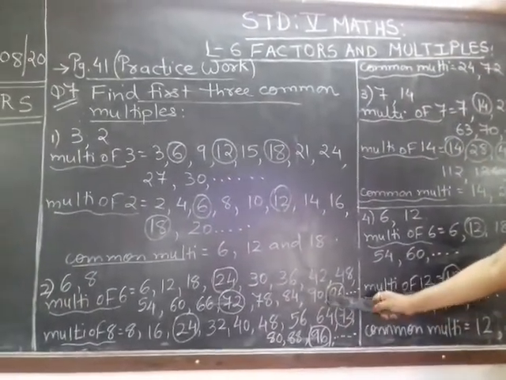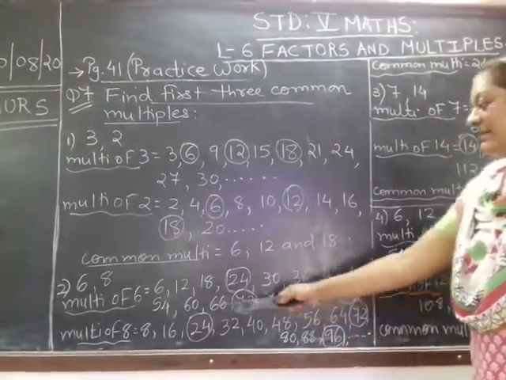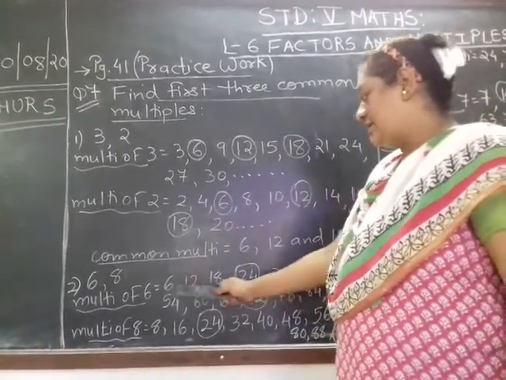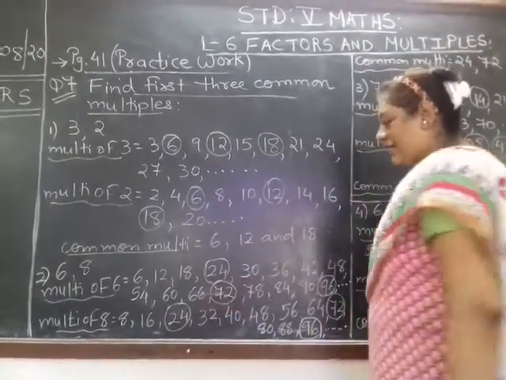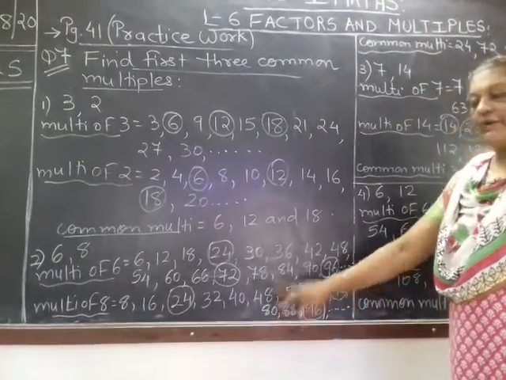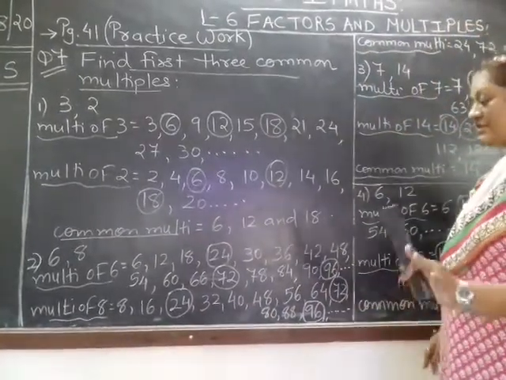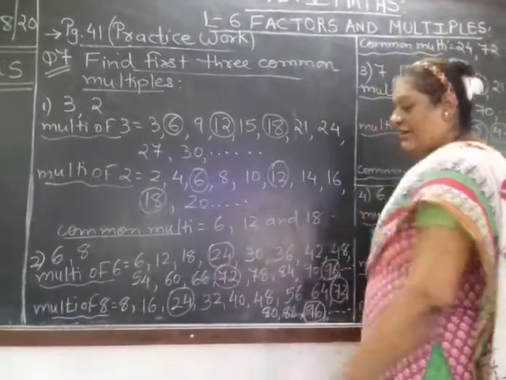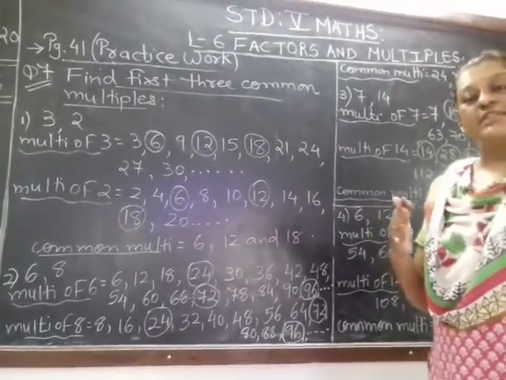The same way you have to go with 6 and 8. But children, remember when I had solved 6 and 8, till the table of 6, till 60, I am not getting the common multiples. 6 ones are 6, 6 twos are 12, 6 threes are 18, 4s are 24, till 60, right? And I have written the table of 8 till 80. You can see here. But only one common multiple I am getting, that is 24. So now what here you have to do, please listen and understand carefully. If till 60, that is 6 times 10, you are not getting the common multiples, you have to move further with the extension of tables.